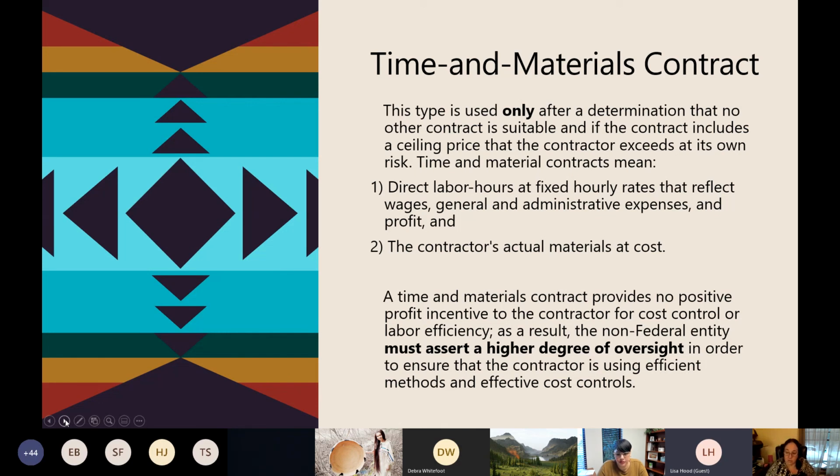As a result, you have to assert a higher degree of oversight in this type of contract in order to ensure that the contractor is using efficient methods and effective cost controls. So this is the one that you have to really try not to